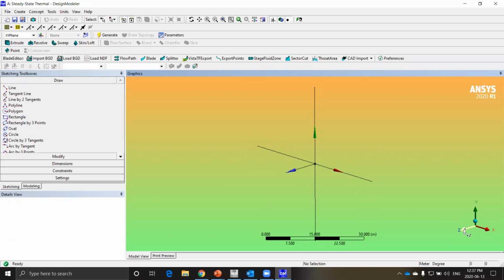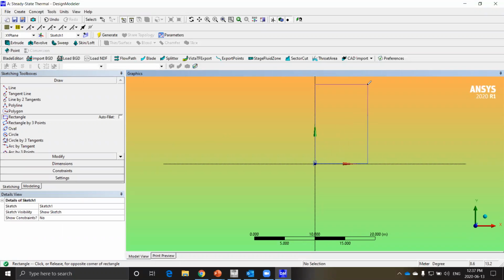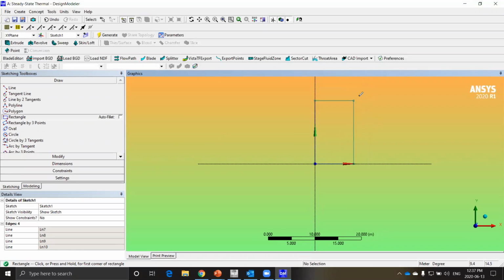And if you click on this axis, it gives you a 2D coordinate system. So let's start by drawing a rectangle. You can see a rectangle here. Click on that and then click on the other endpoint. That would give you a basic rectangle.